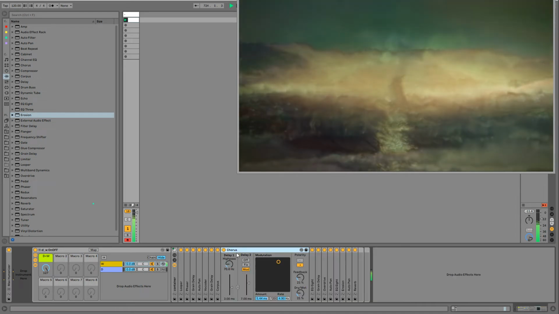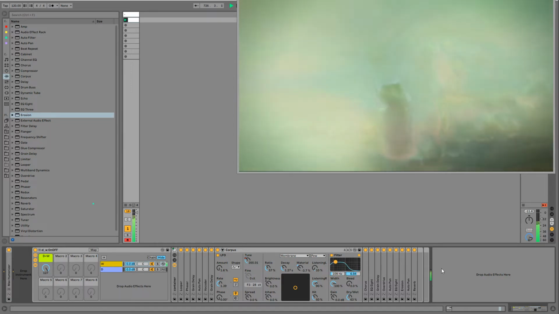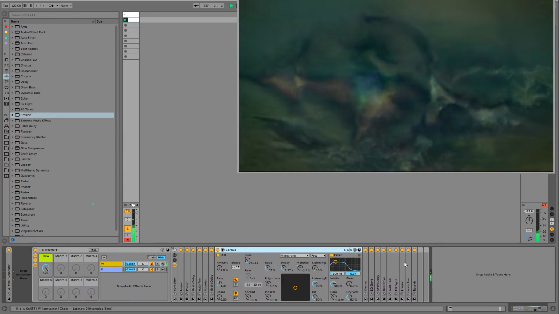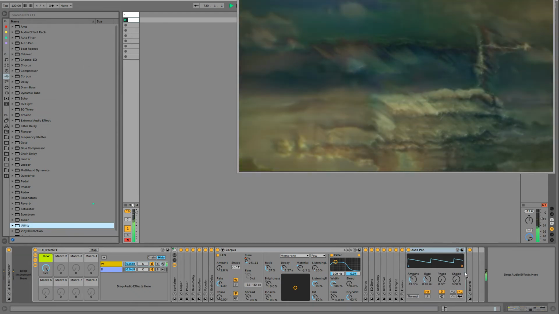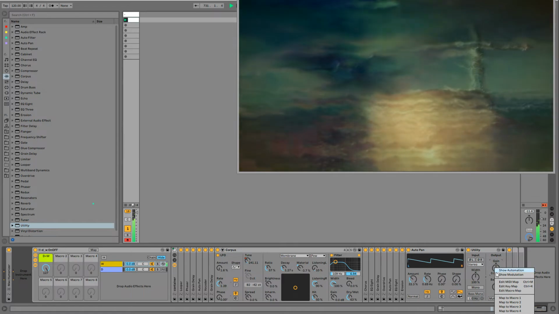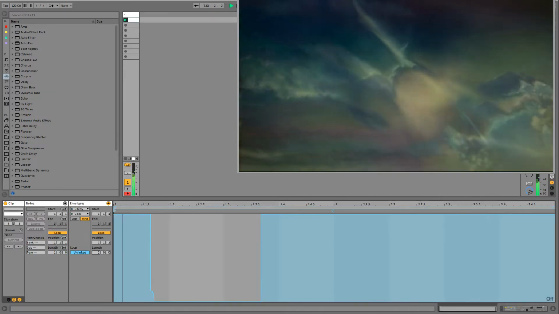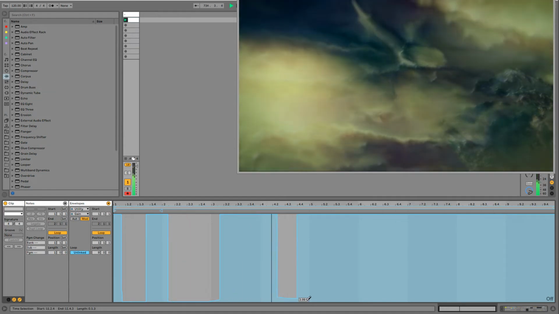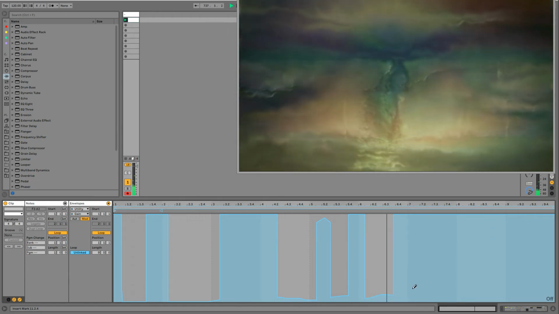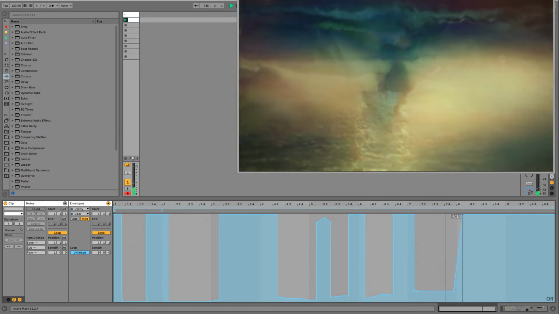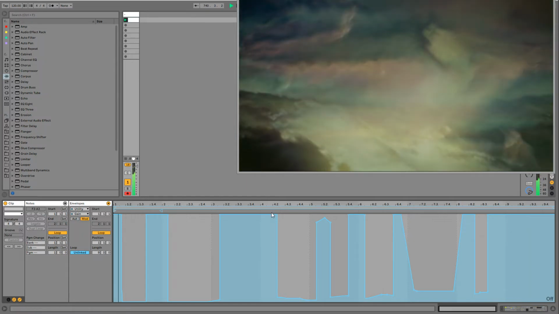All right, so I don't find what I've done here particularly interesting. I mean, it's super usable. Obviously, we could just keep adding effects. One thing I might want to explore here is a utility, and adding some volume cutouts to give it a bit more space between the sounds. And maybe playing with some of these curves here.